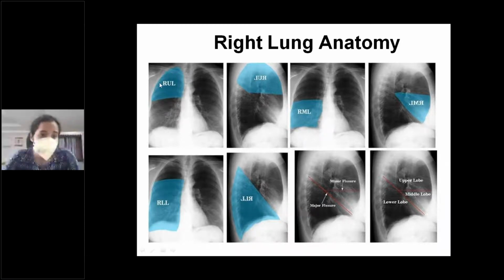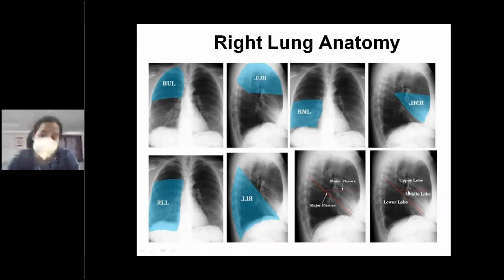So this is the right upper lobe. Now these lines actually are not the fissures. On a radiograph, we cannot say these are the fissures, but these are some imaginary markings where we will be able to delineate between the lobes. This is the right upper lobe. This is the right lower lobe. And when you want to look for the right middle lobe, I always say the one that is just adjacent to the cardiac shadow is the right middle lobe. However, you can better appreciate it on the lateral radiograph.